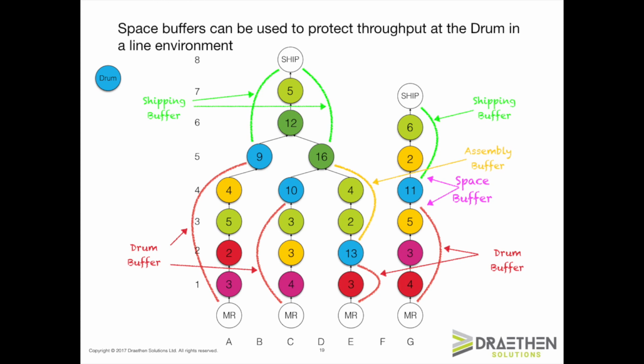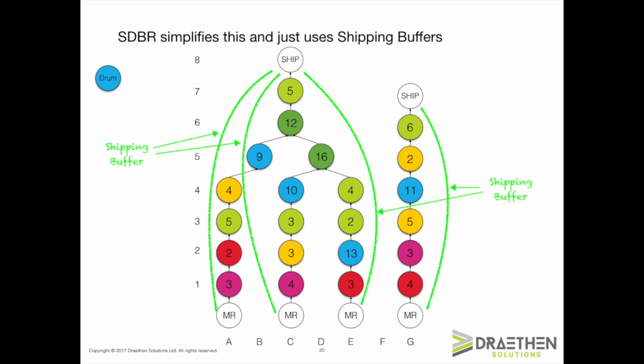So when Eli Schragenheim invented SDBR, he made the genius decision to do away with most of this and simply use shipping buffers. This makes perfect sense. If you are assuming that the market is the constraint, it is inevitably the case that all resources in the plant have protective capacity relative to market demand. This means they can catch up after a problem. The effect of capacity being left idle for periods of time or used to produce work orders out of sequence has far less impact than it would be the case if the plant had an internal constraint, specifically a bottleneck